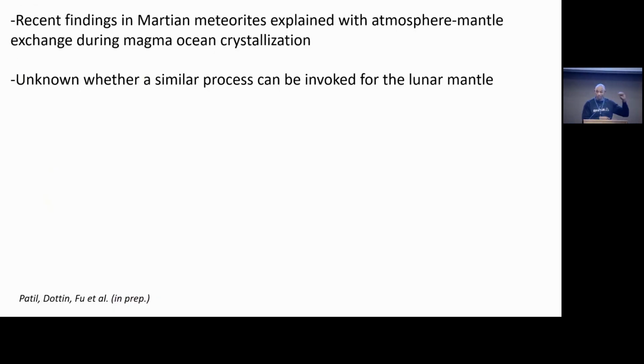associated with Martian meteorites. And what we find is that even among the most primitive Martian meteorites, we are finding these anomalies, mass-independent fractionation, and it shows an increase in magnitude of mass-independent fractionation as you go to the most enriched Martian meteorites. And through quantitative modeling, we're able to model the data with the process of magma ocean crystallization as well as exchange between the Martian atmosphere and the Martian interior. And so it's possible that we can invoke a similar process for the lunar mantle, but we